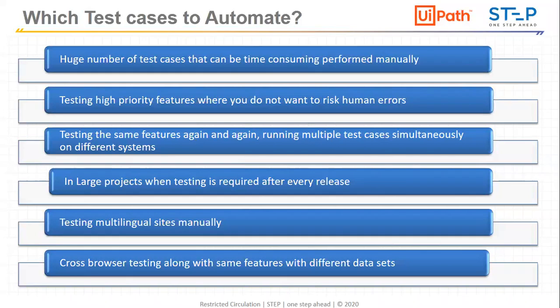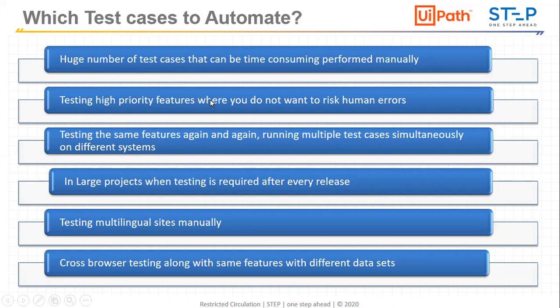In this case, if I automate those 1,000 test cases and put the test suite in scheduling mode, maybe within 4 hours all these test cases will be completed, depending upon how much time each test case requires, definitely with multiple combinations of data, multiple combinations of rules, or permutation combinations of data sets. So a huge number of time consuming test cases, which are getting performed manually, can be automated. This is a right candidate for automation testing.